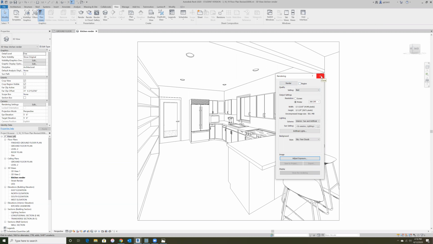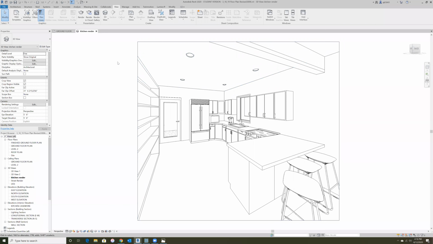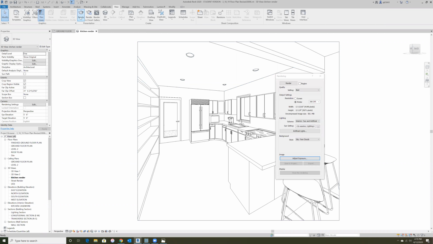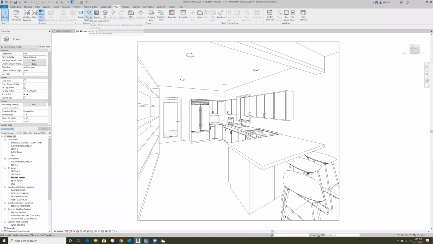The alternative is to render in the cloud, which is a faster and better way to go about it. It also saves you some time because you're able to keep working in your Revit model after you send that model out. You do still need to go through all of those steps in the regular render property panel and set all of those up the same way before rendering in the cloud. But if you click on render in the cloud,